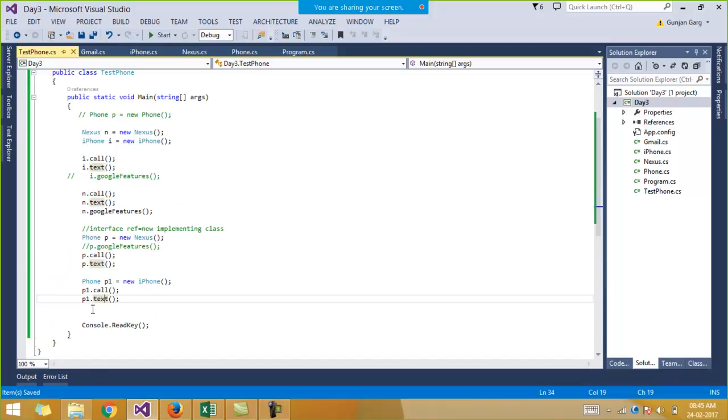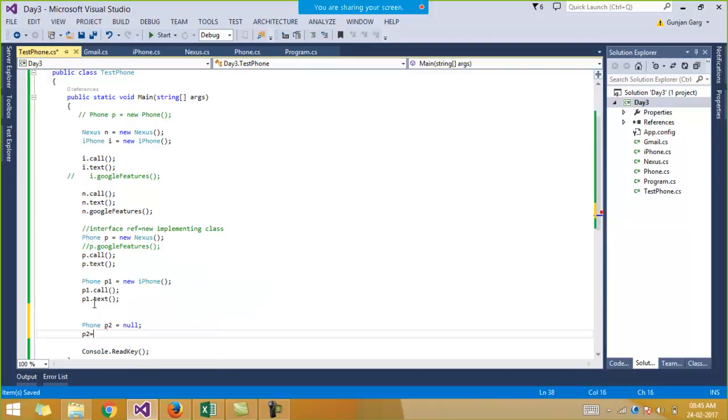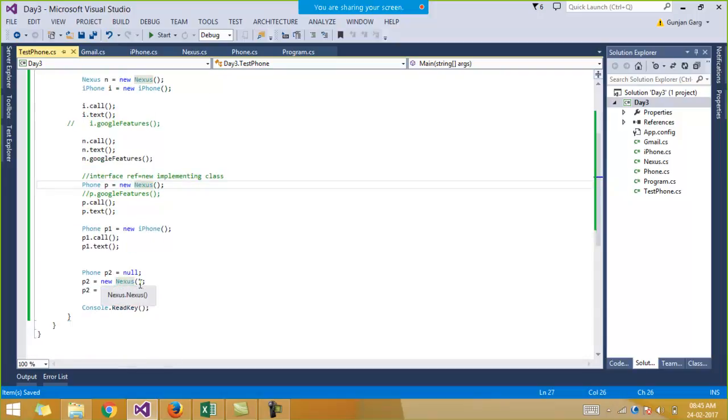Or else, with the same reference, I say Phone P2 is equal to null, and then P2 is equal to new Nexus. The same reference is pointing towards the iPhone class as well. So according to your requirement, it's completely your choice how you create the object of the classes. Based on your requirement you can simply create that.